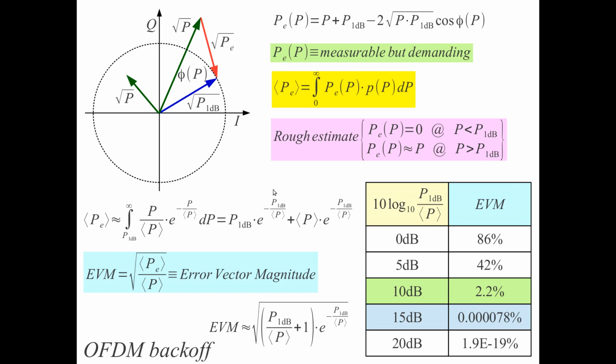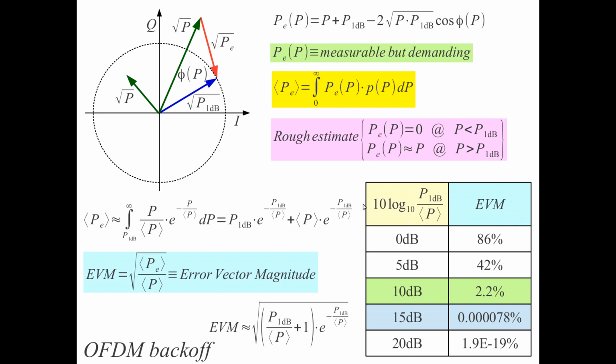If we plug this solution of this integral for our rough estimate here, we get down to this formula for the error vector magnitude. Now this formula will not tell you much, but if we have P1 dB much larger than average power, this thing goes to 0. And in fact, we now try to plot this solution. So plot this